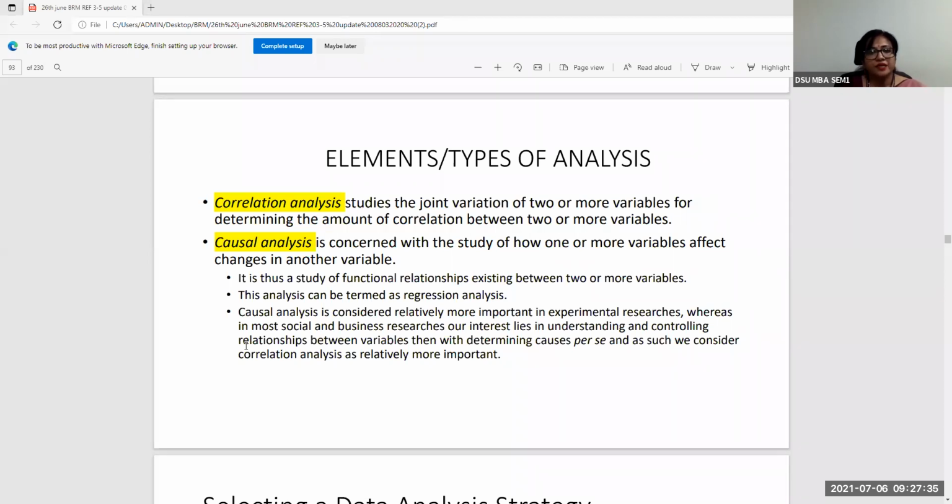So dealing with human beings, dealing with society, dealing with the social system, there can be so many variables which are actually impacting the phenomenon which you are trying to study. But given the constraint, you take a few into account and say that within the given constraint, so many things could be variable, so many things could be non-deterministic, stochastic in nature, we still feel that these are certain causal variables which affect a dependent variable, right? So within the phenomena that you want to study, you could as a researcher take into account the secondary data, the kind of data that you get from other research, and then say that these are certain independent variables which are likely to cause an impact or a change in the dependent variable.